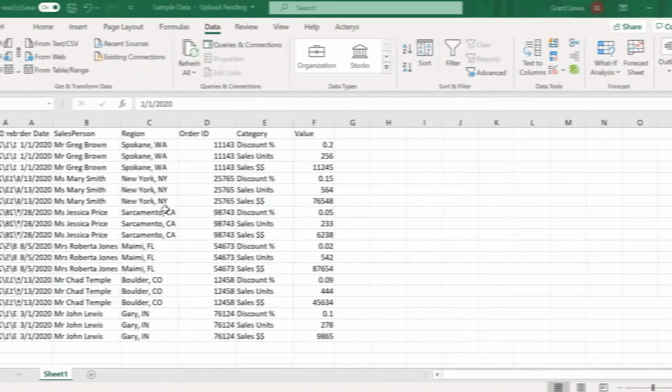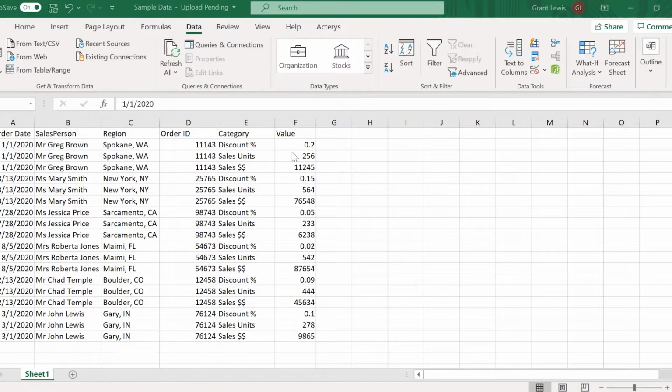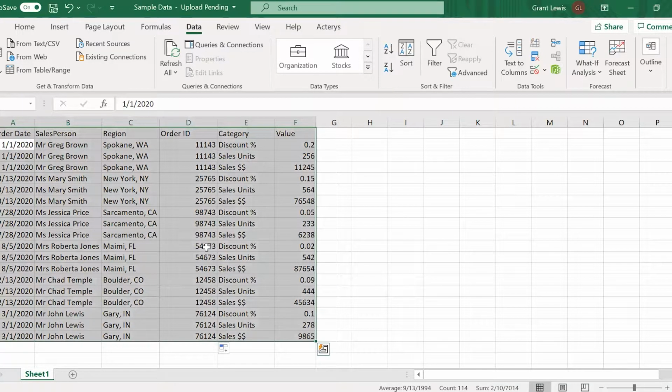Let's get started. So here we have a very simple sales table with order date, salesperson, region, order ID, category, and value. So the data right here is in an unpivoted format, and this will need to be changed because we need to apply the discount percentage to the sales dollars, the sales amount of the sale. And then as you can see here, there are some misspellings with city names, and these can be easily fixed in Power Query. We will turn this into a table real quick,